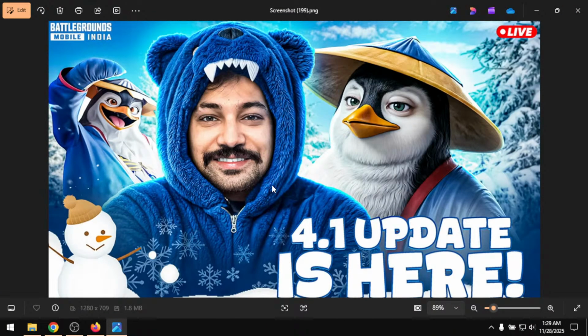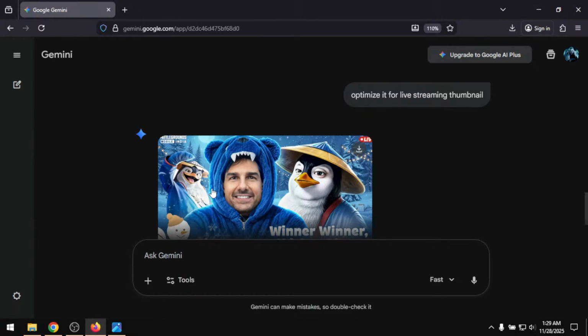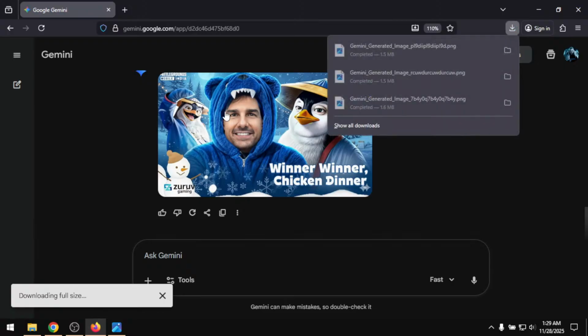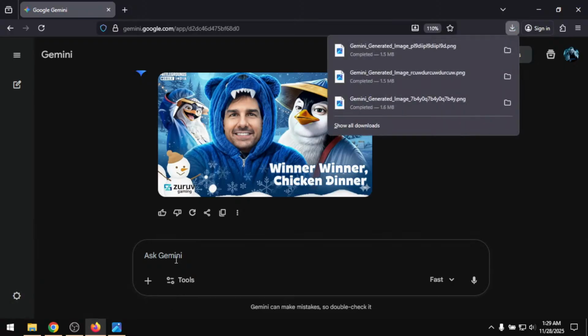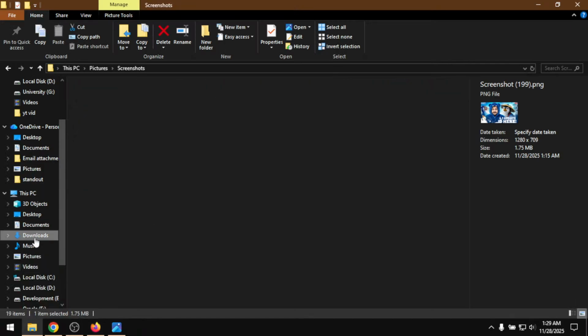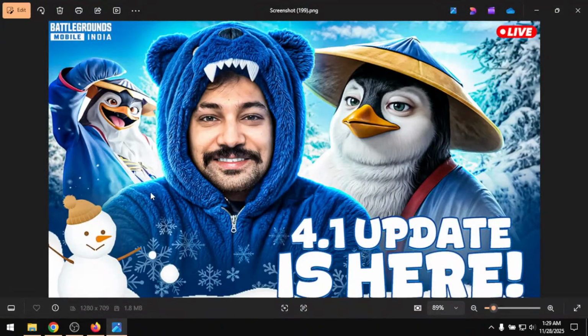So you can just do that by picking a thumbnail and going to Gemini, giving it a prompt, and you can use it for everything. So in here it is optimized. I will click on download. You can use the same image here for yourself. So now in here, let me go to downloads, and we made from this image,